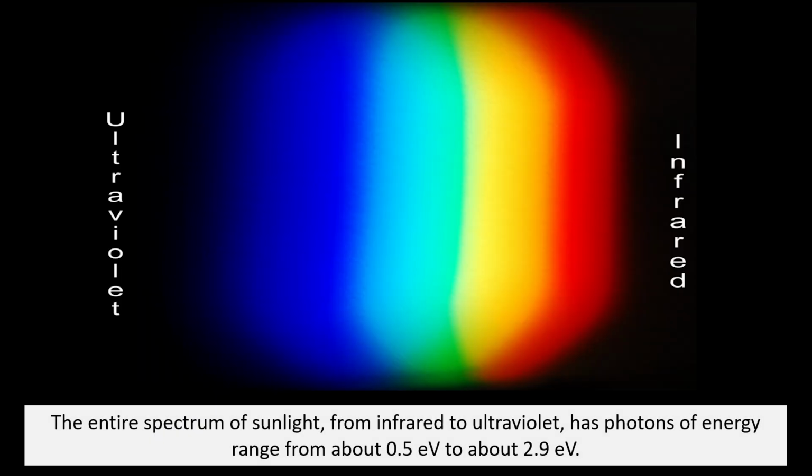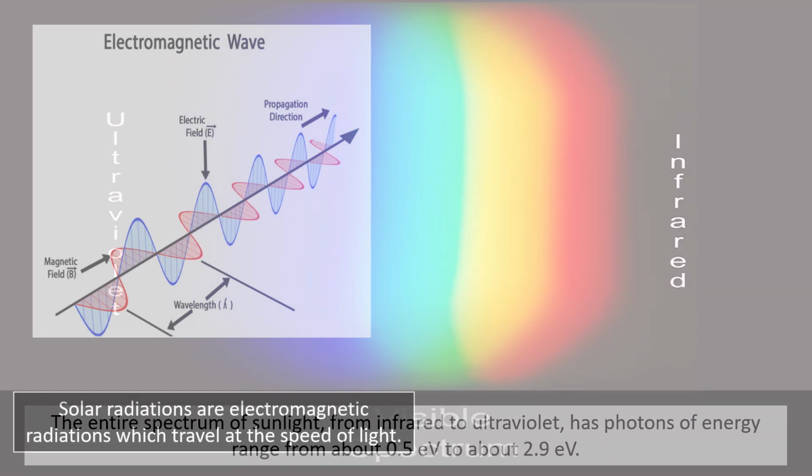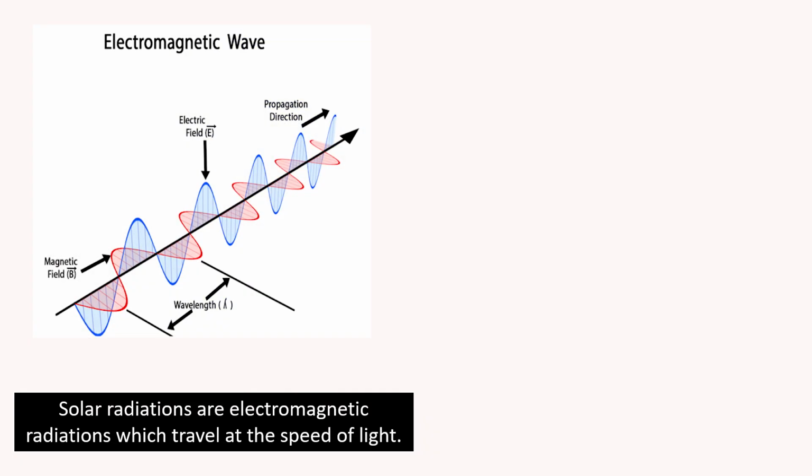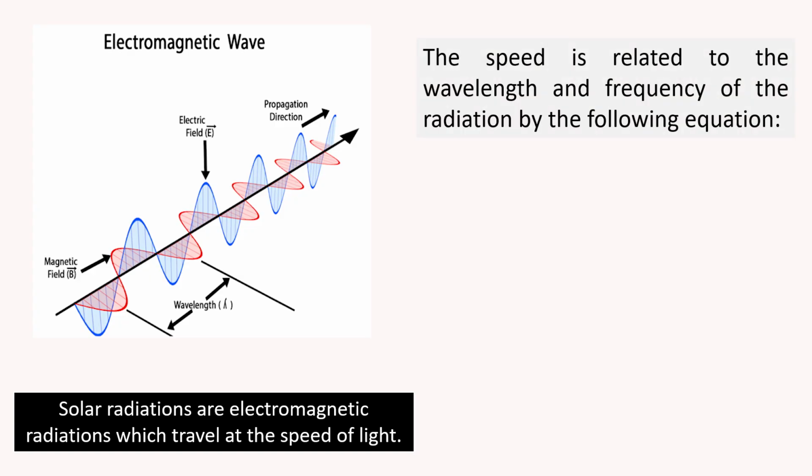The entire spectrum of sunlight, from infrared to ultraviolet, has photons with an energy range from 0.5 electron volt to about 2.9 electron volt. Solar radiation is electromagnetic radiation, which travels at the speed of light. The speed is related to the wavelength and frequency of radiation by the equation, which can be written as c